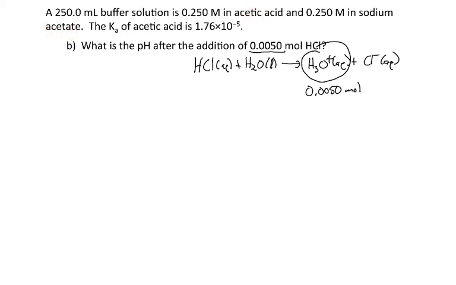So in this problem, I'm going to have a stoichiometry problem where the strong acid reacts with the weak base of the buffer. And so the reaction that I'm interested in is H3O+ will react with the base, and that weak base is going to neutralize the strong acid that we've added. So this reaction goes to completion,